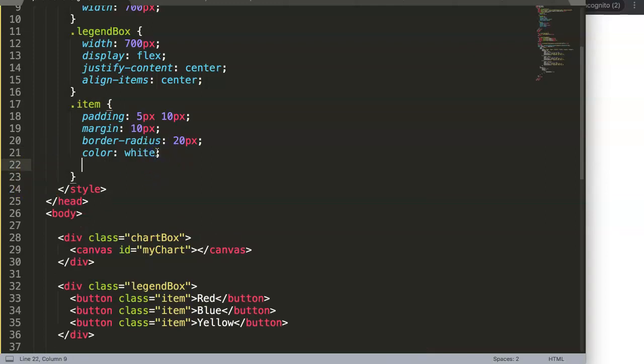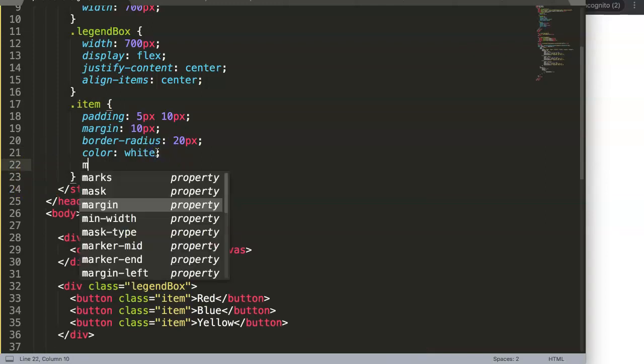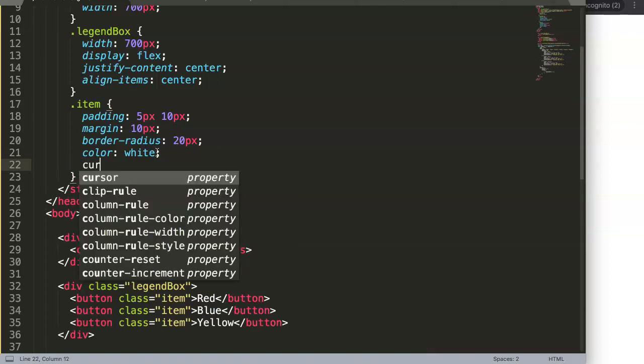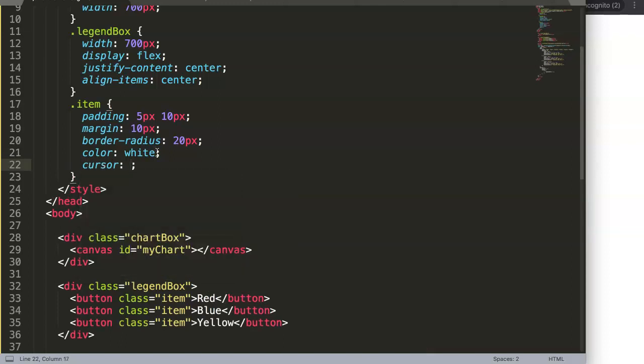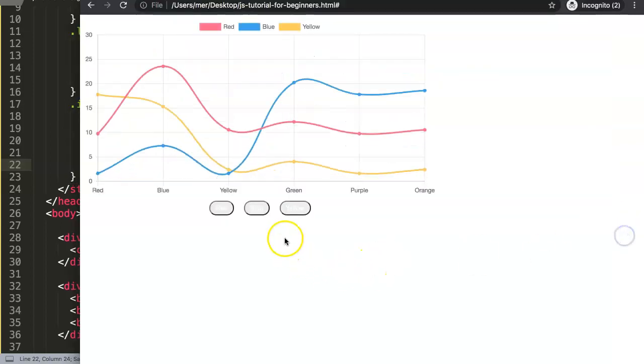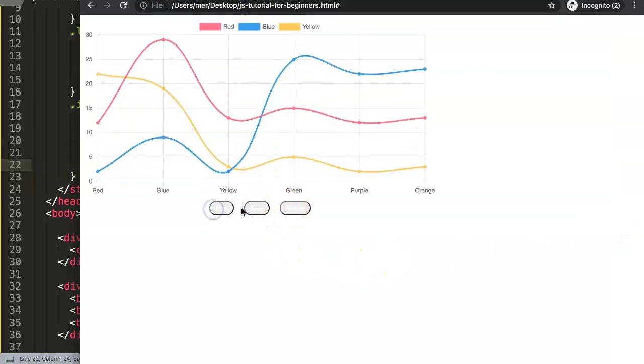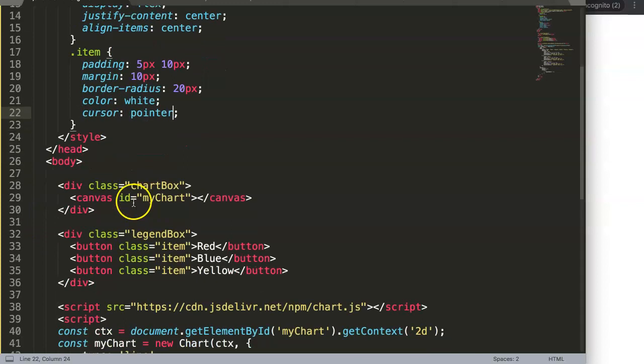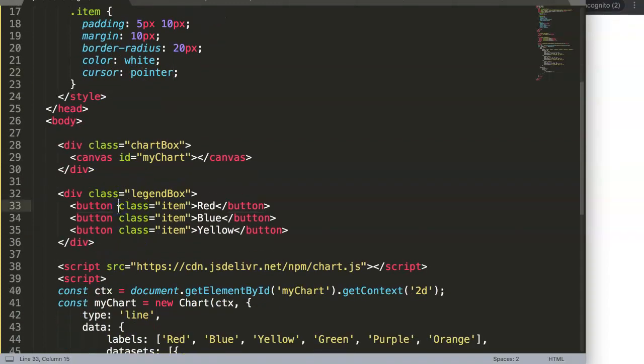But of course, what I want to do here is I want to have here cursor. Then we can say here pointer. So the moment we hover over it, it becomes a pointer. Alright, so it's very nice. So what are we going to do next? Well, we have to put in here the function. So we're going to say here, the function will be here. And this will be